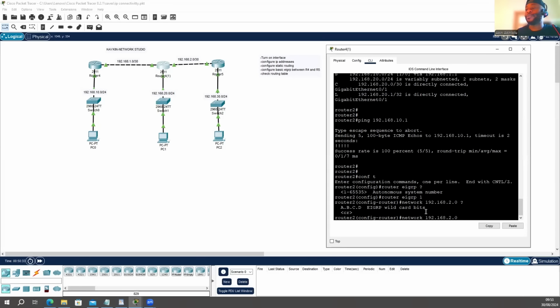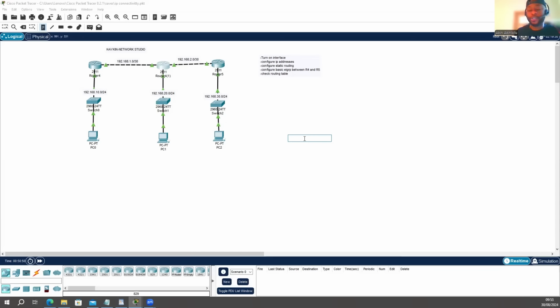This is not going to be the subnet mask. If you don't know how to calculate a wildcard, I might not go into details right now, but I will just tell you. Let me see if I can use this to do it because I don't want to go out from here. So the wildcard mask is like this. Let's say the subnet mask says